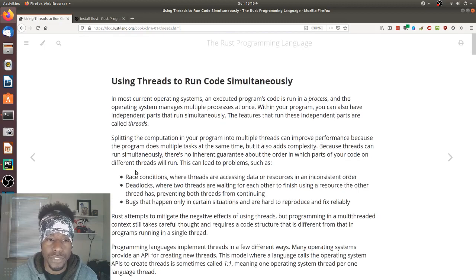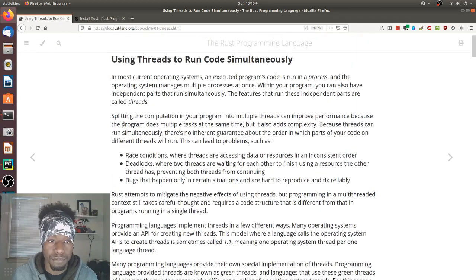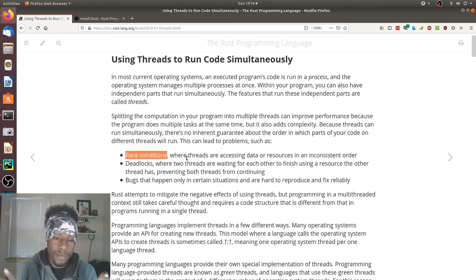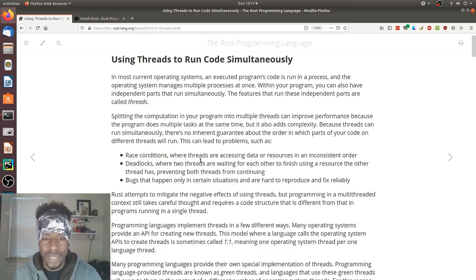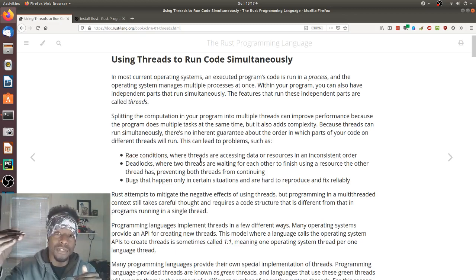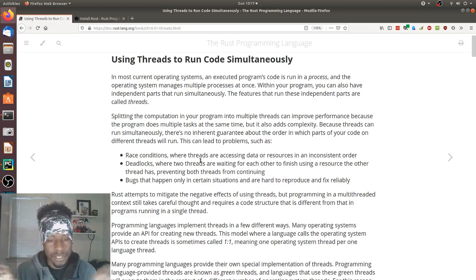So here they're just going over some of the issues that may occur when doing thread programming. Race conditions, which they define here, are the scenario where you have two threads that are trying to access and read data at the same time, and there are issues in the order that happens in. Deadlocks, where you can have two threads that are just stuck because one is waiting for a resource and the other one is hogging the resource or waiting for something else so it can release this resource. It's just a bad scenario. And then the third one is just a general catch-all, some weird bugs.